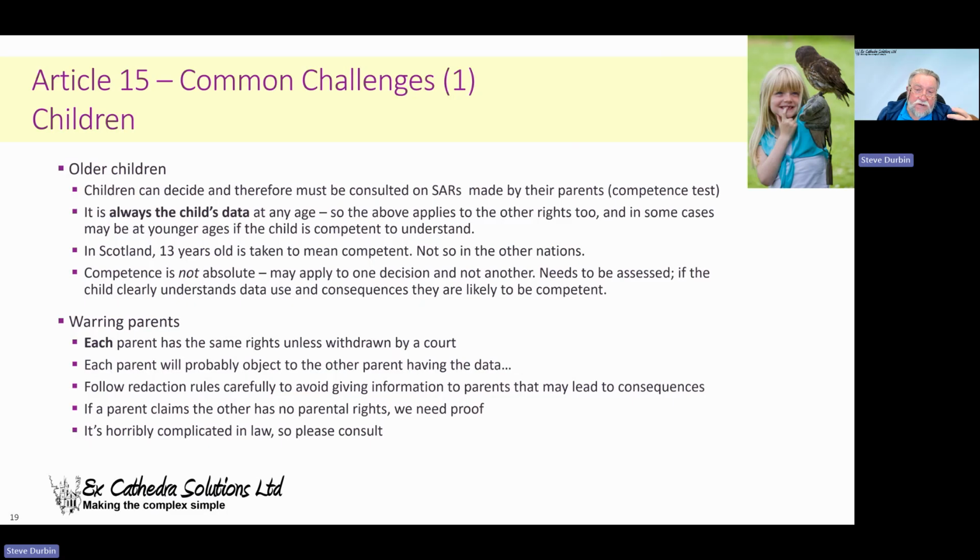You need to make sure the child clearly understands what's happening, the consequences if they say no and if they say yes. That requires somebody, a professional, to talk to the child. In GP land, we've got this thing called Gillick competence, which comes from the Gillick test, which is more about sexual health and contraception, but it does give us a clear test. Not the Fraser guidelines, by the way, for the GPs watching this. Okay, the Gillick test does give us a clear test for is this child competent, and we can do that.